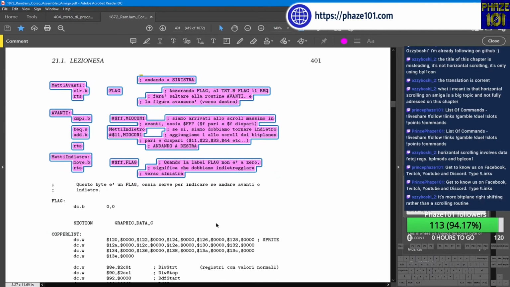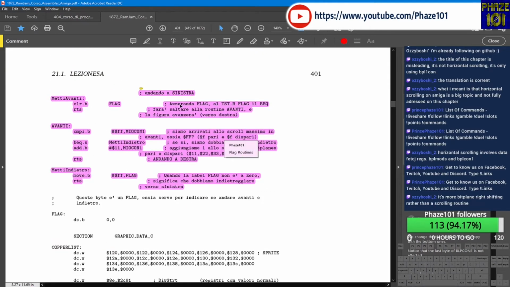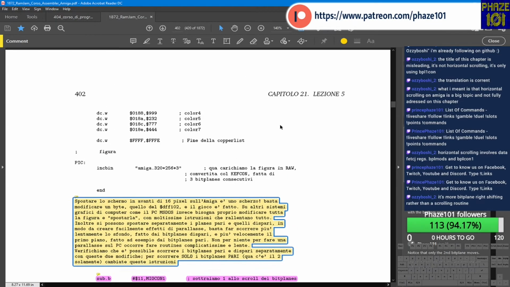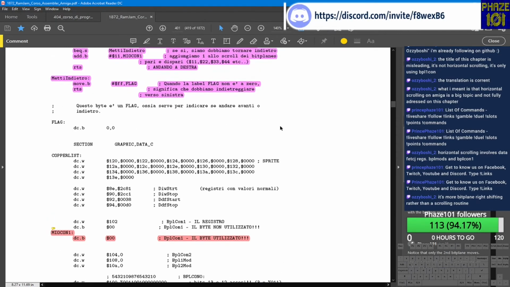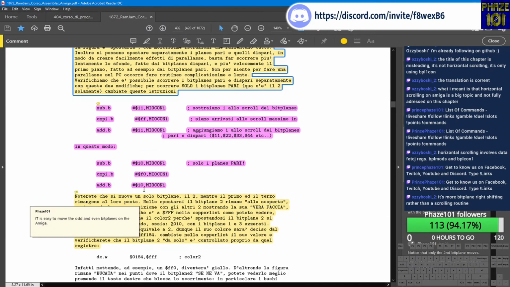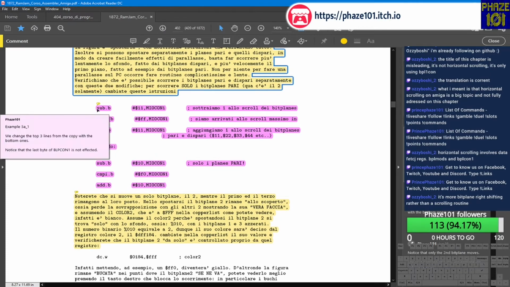Not really much to it. The only difference, as I said, is this, and this is why I put it in red, while this is the code that we are used to. Here he's moving both odd and even together, but he is going to show us that we can separate the odd and even. And if this is what we have, okay, in the code, he's telling us to change these